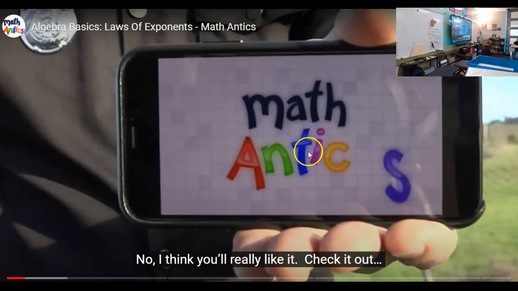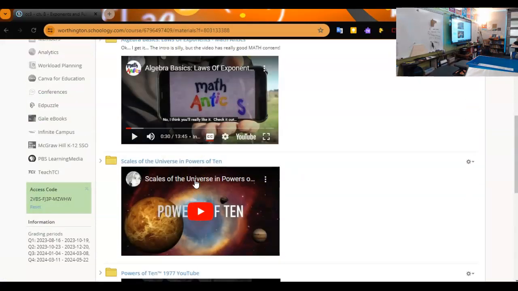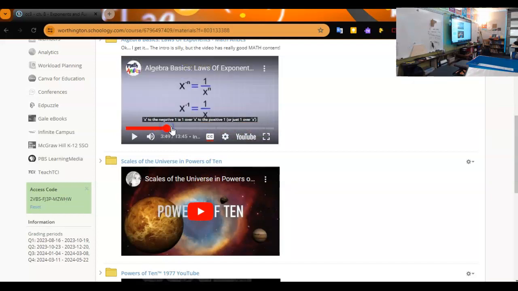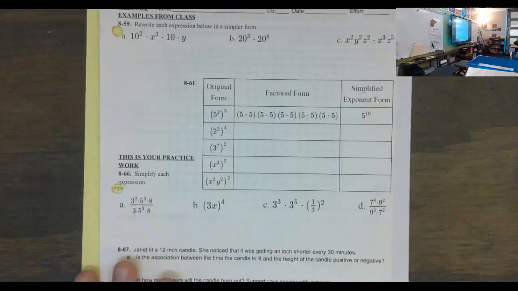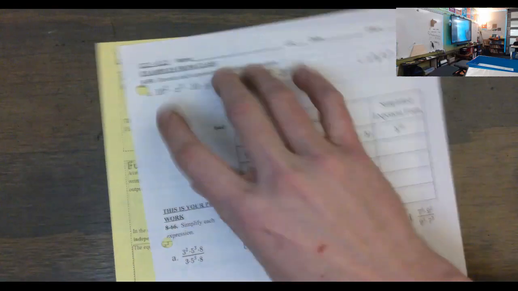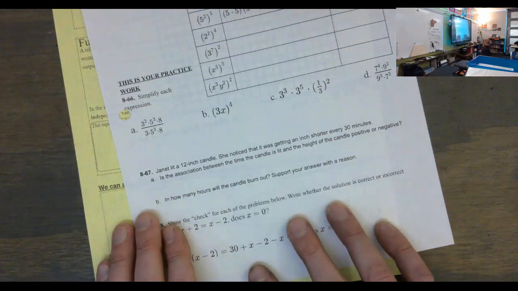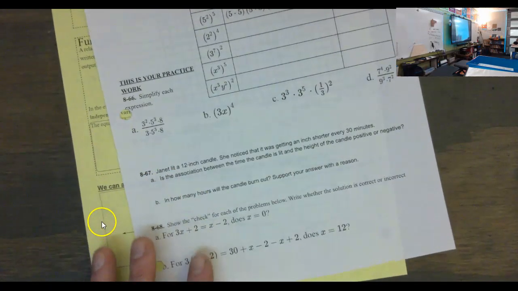Alright, so a little plug for Math Antics that I'm sure he'll be okay with. Made it in my video. So, obviously, the powers of 10 that we watched yesterday, I posted those too. But guys, check this out if you need help. He goes through all of the exponent laws and explains them, like nested exponents. But what I want us to do is just try to dive into this paper because you've got your resource, the laws of exponents. Start trying this, but do the examples from class first. Once you get this done, you can feel free to dive into your homework part, and then we'll go over some stuff together in like 15 minutes probably. Does that sound cool? You guys can just work for a little bit and try this stuff out? All right. Nobody said no, so